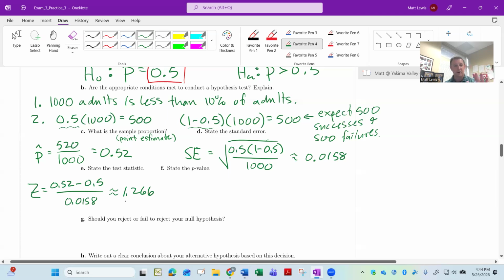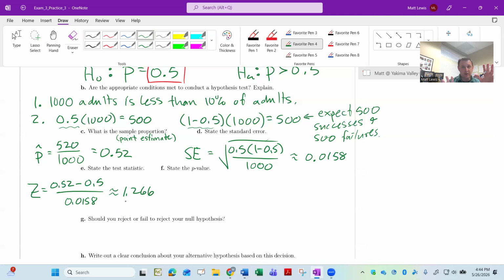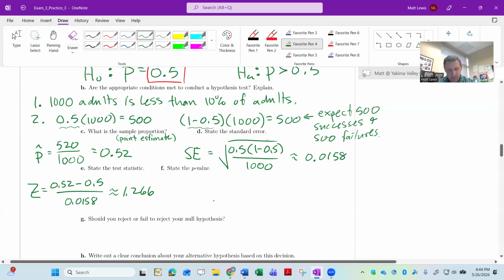Now remember that the whole purpose of our test statistic is to tell us where we are on a sampling distribution. Think back to when we were doing simulations, right? We had to know where to go in the simulations to start counting up all the times that we got results like ours or even more unexpected, if the null were true. So we're expecting that our sampling distribution would follow a normal curve. We have 1.266. That's the locator. That tells me where I'm at. Let's put it right about here, 1.266.